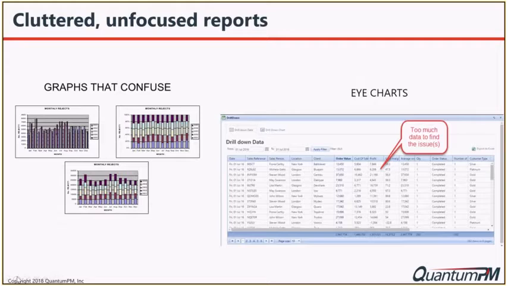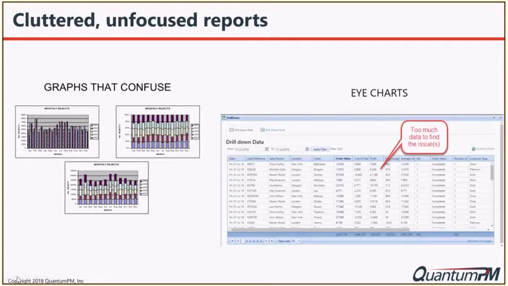And then once you have that data, how do you make it into something that is useful for your organization? So I pulled out a few examples of data that isn't necessarily telling you a lot of good information so that you can actually do something with it. So the reports on the left-hand side, those graphs, different ways of showing the same data, but it's very unclear to me when I look at that. Okay, this is monthly rejects. I don't understand what that's trying to tell me.